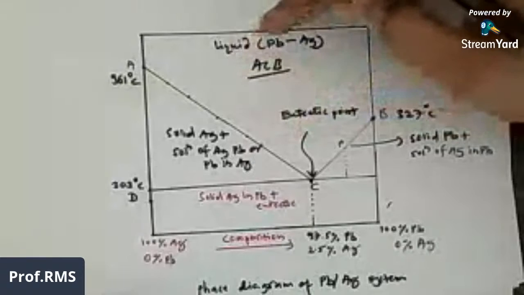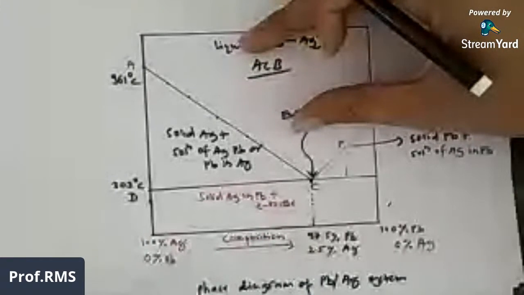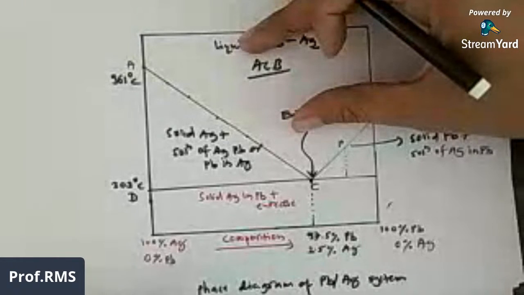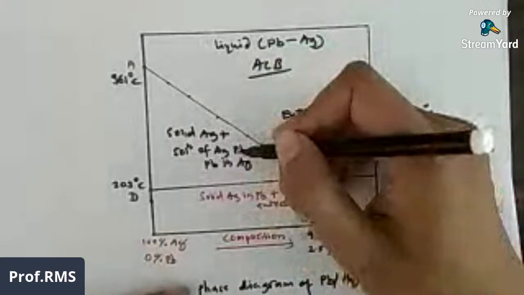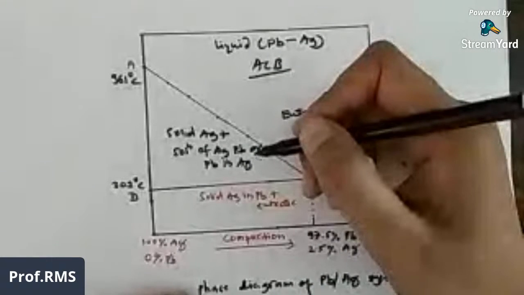This area is considered bivariant. The question may be framed on this type of region, so you must prepare for this question also. Now talk about the region or area between A, D, C, A. Basically the region between these points A, D, C, A, in this particular region, we have solid silver plus molten solution of silver and lead. And if we try to find out the degree of freedom for this particular region,